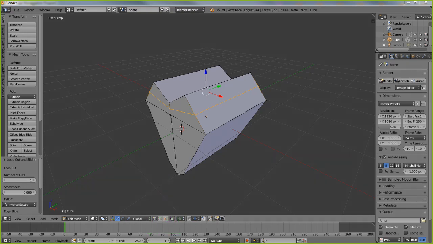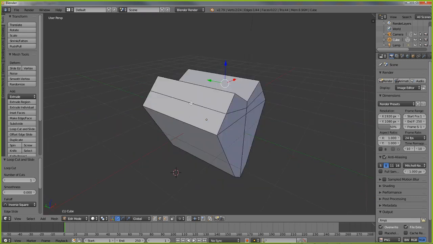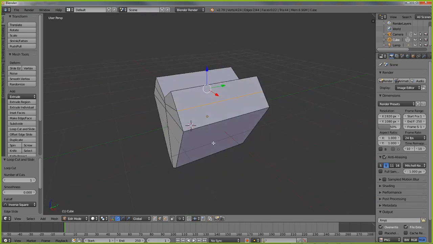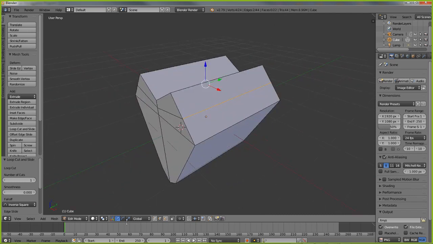We want edge. So click that, and then we can right click select, shift right click select. So we've got two edges selected. Switch to the scale transform widget,